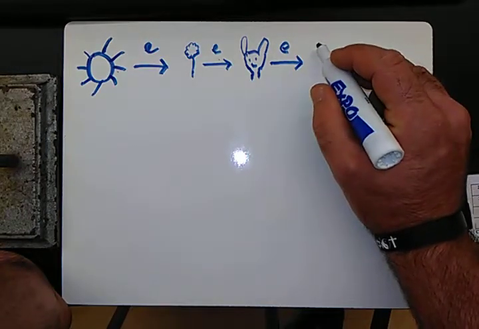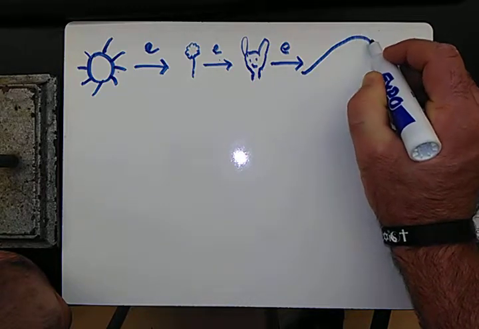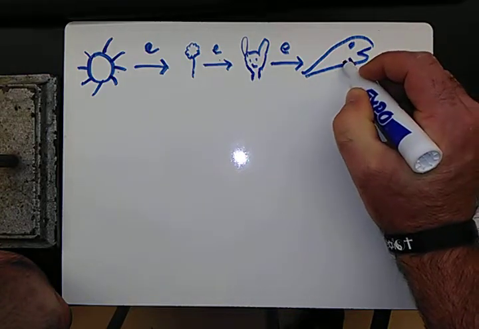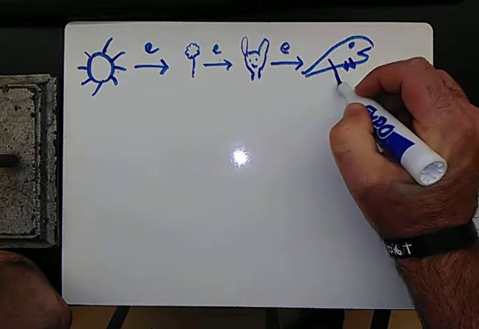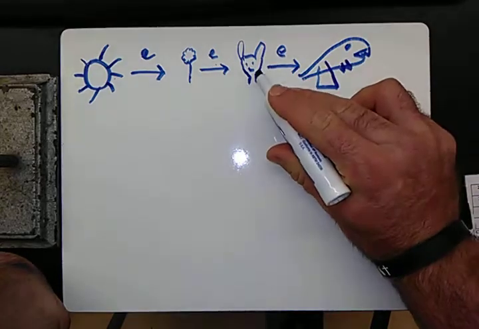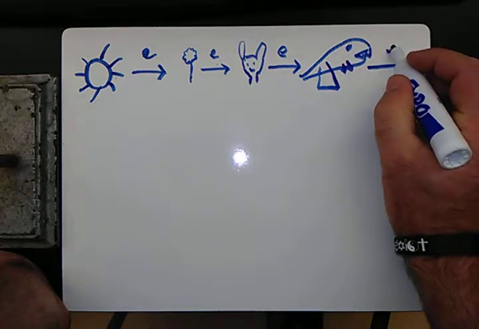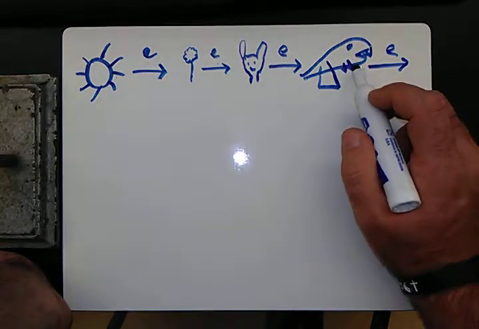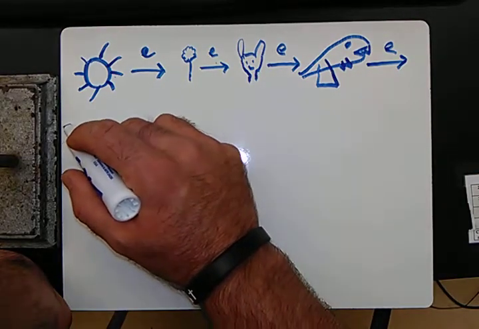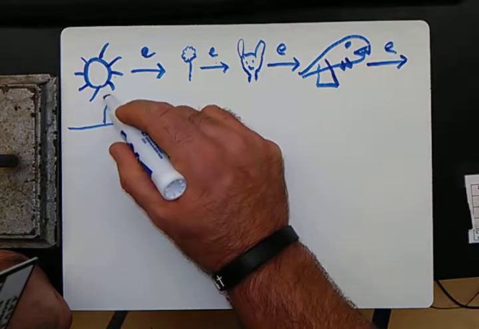So let's go a little forward with this. Now, let's say some bigger creature comes along, like our friend the T-Rex. T-Rex decides to eat this animal, and then its energy will eventually travel somewhere else. So let's say this is the top of the food chain. I'm going to continue it over here. The T-Rex eventually